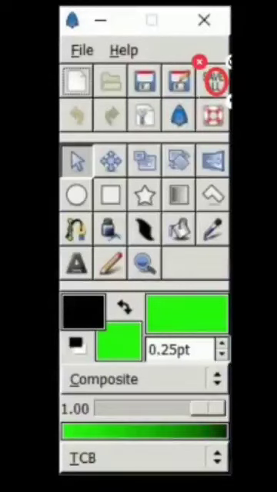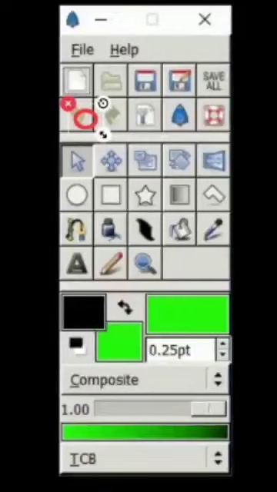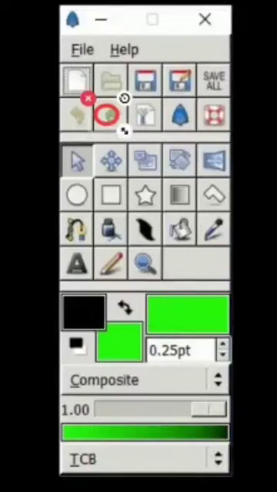Fifth option is save all. To save all the open files, we are using save all. Next option is undo, to cancel the last operation. Redo, to redo the previous undo again.